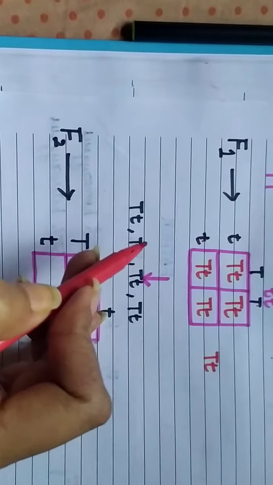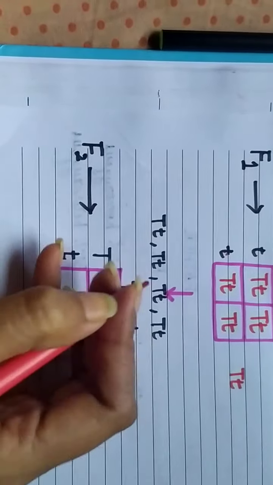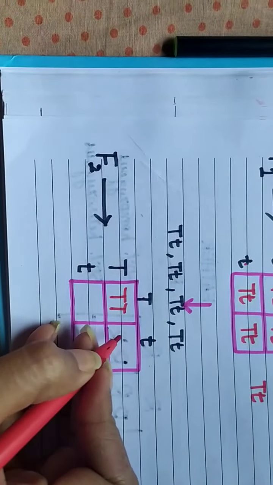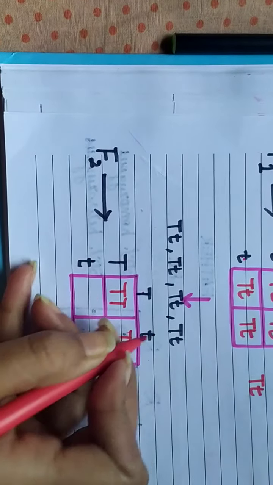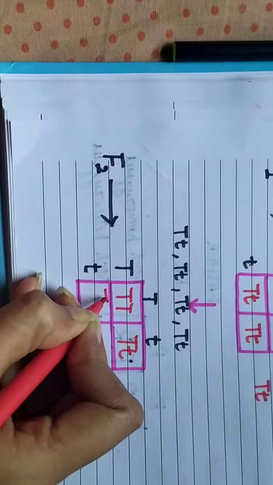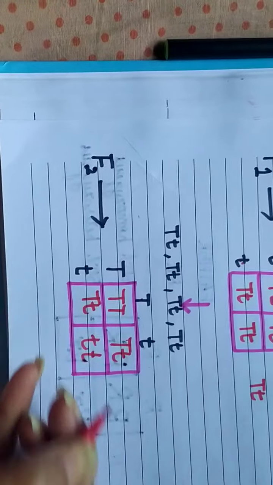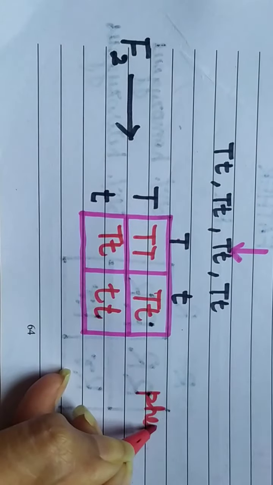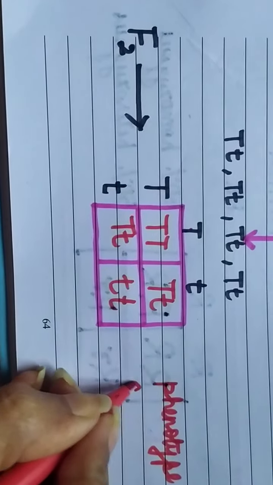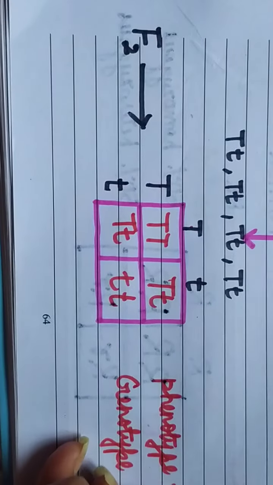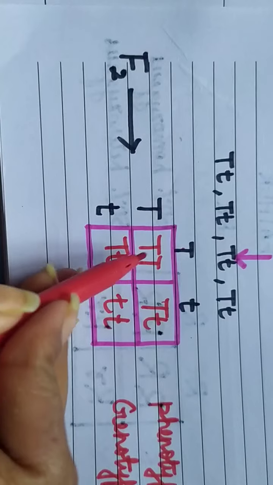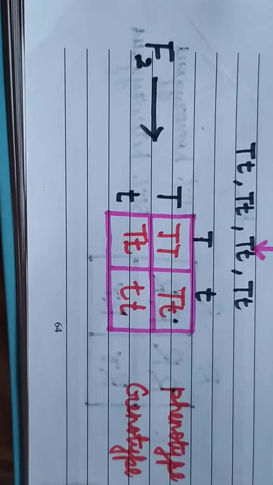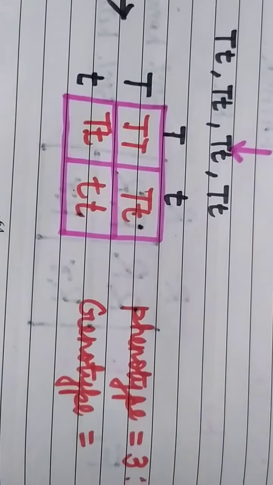The same thing which we take in the second generation, we got it as... So in the monohybrid cross, what we got is the phenotype and genotype ratio. We got how many are tall? Let us see, 1, 2, 3. So 3, and how many short? 1. That is 3:1. If we see it genotypically, we will see it